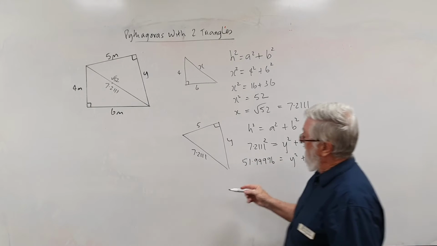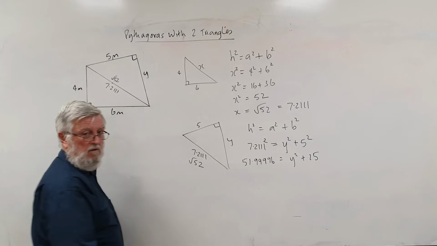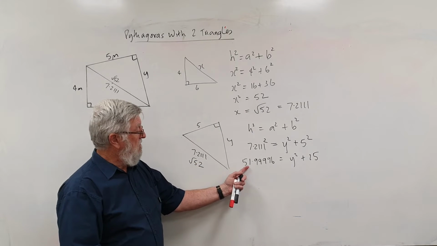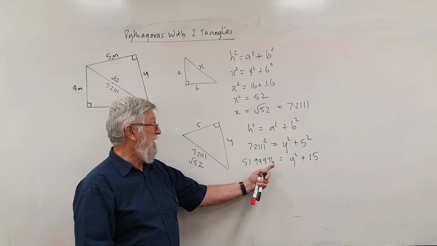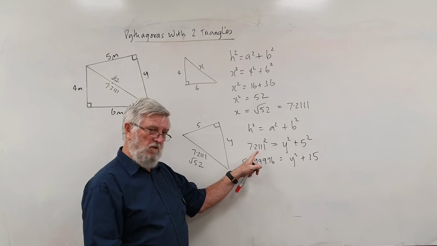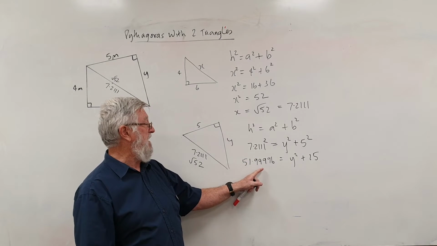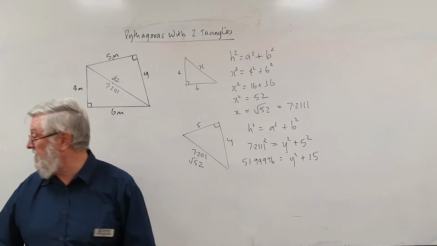So, to start with, this side here is actually the square root of 52. And when we square it, we're back to nearly 52. If I had more decimals, I would actually get 52. So if you don't want to use the decimals here, you can do that and go through the calculations and figure out the answer. If you don't want to do that, over here,